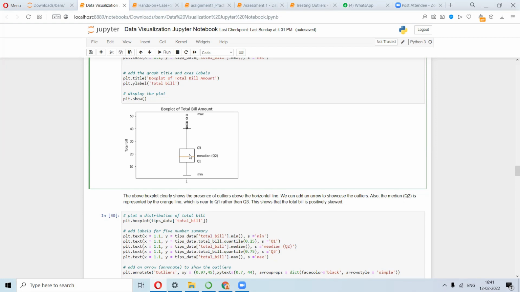See, again from the symmetricity: if this data set is symmetric, then of course the median should lie in the middle of Q1 and Q3. But instead, you see that there is a shift towards Q1 for the value of the median. Q2 is much closer to Q1 in comparison to Q3, and there you can see the positive skewness.